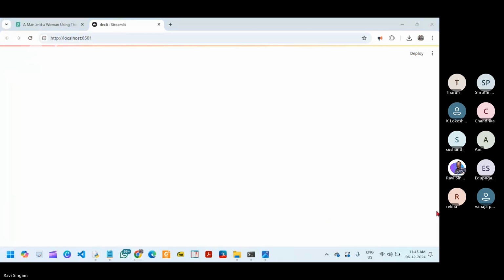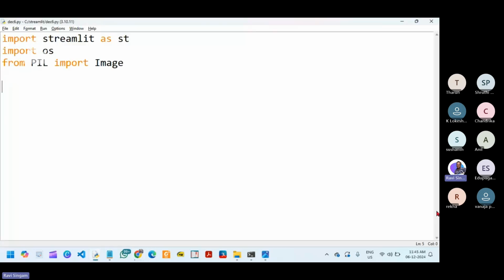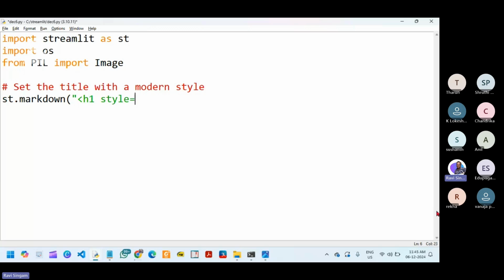So I am going to write the code. The first thing I'm going to do is set the title with a modern style, not with an old style. I'm going to use a function called markdown that we used in the previous class. Using this function, we can use HTML tags. Okay, and I want to use the style tag. So the style is going to be this: